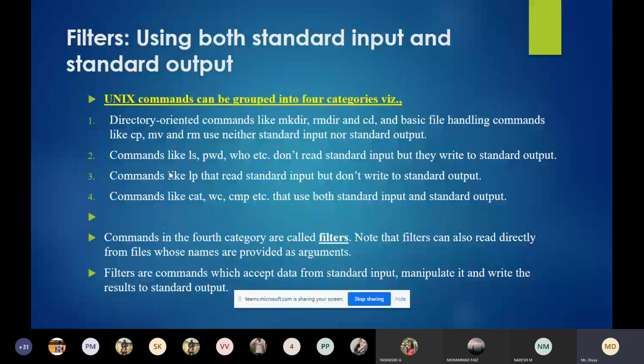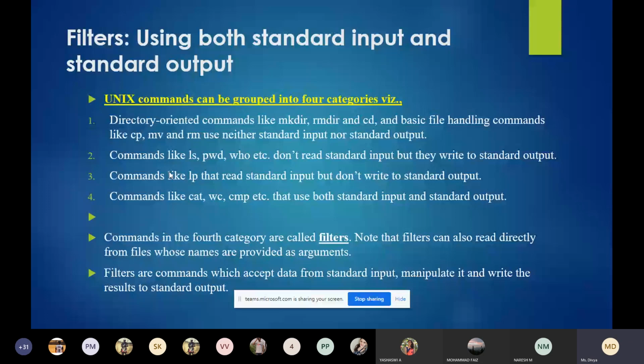Commands like cat, wc, cmp, etc., use both standard input and standard output. That fourth category, which makes use of both, is called filters. Filters can read directly from the files mentioned as an argument.